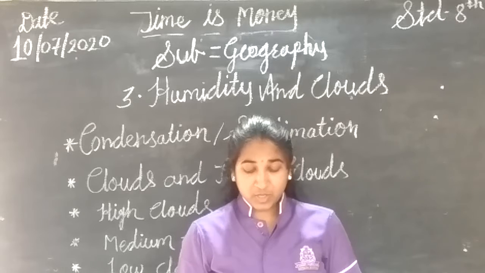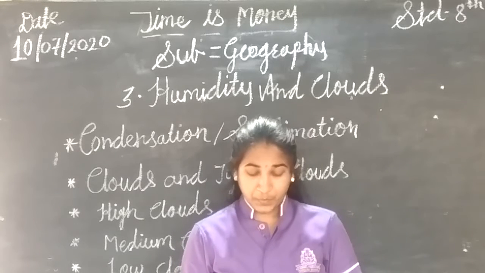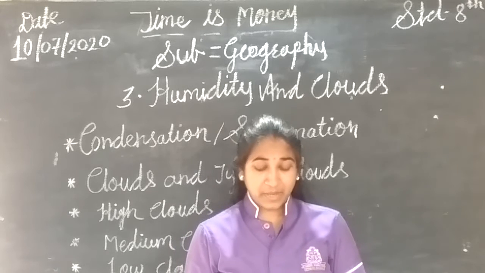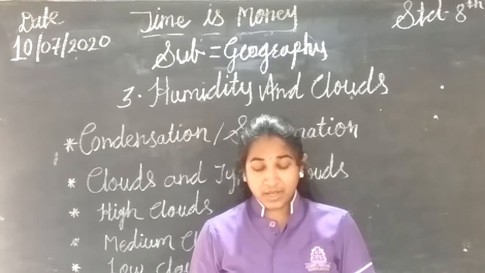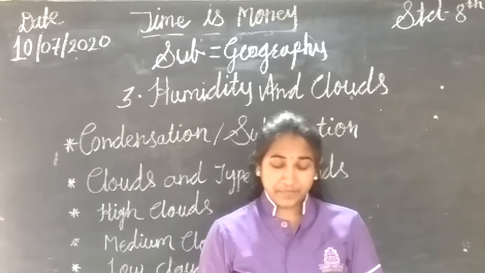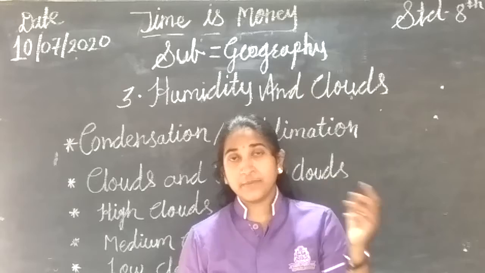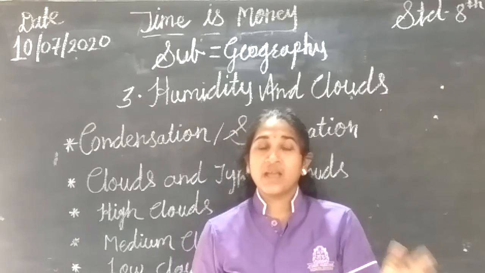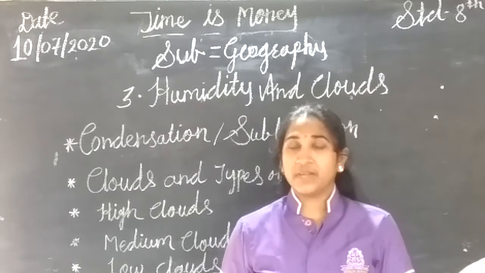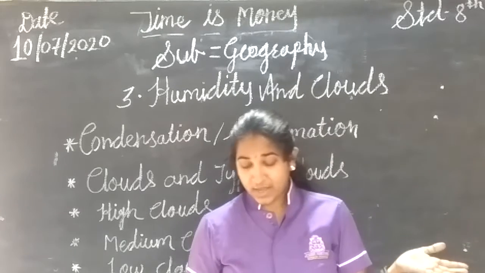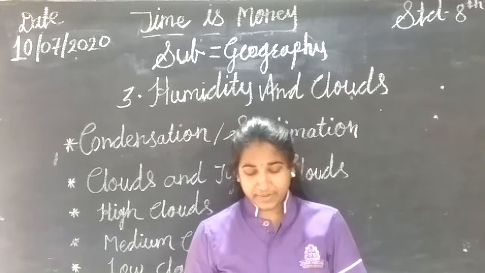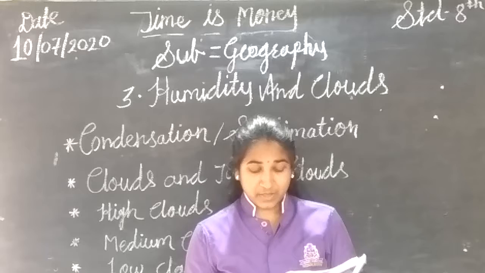The water vapors in the atmosphere turn into water and snow. This is the dew point level of that air. The level of condensation is determined by the water vapor in the air. Keep in mind that the freezing point also depends on the altitude and water vapor. See, the level of condensation depends upon the water vapor in the air. Based on how much water vapor is in the air, the condensation depends. Another thing is the freezing point, which also depends on the water vapor in the air and the altitude.